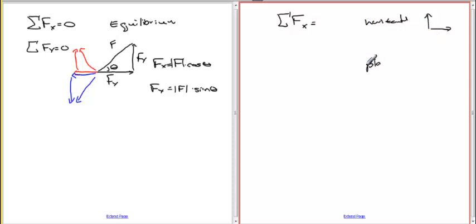And for a plane, we would define it at the angle of the plane. And so x is parallel to the plane and y is perpendicular to the plane. So